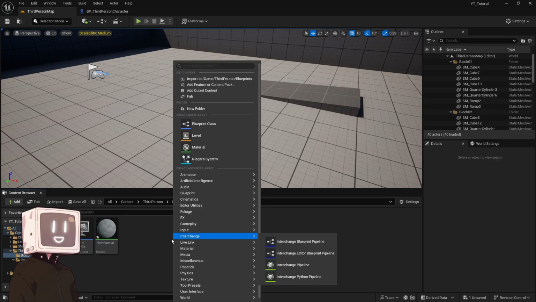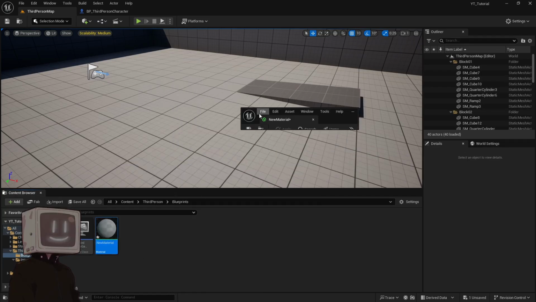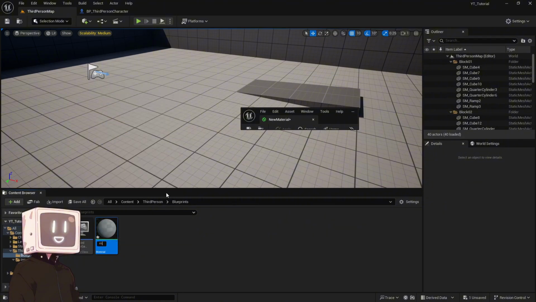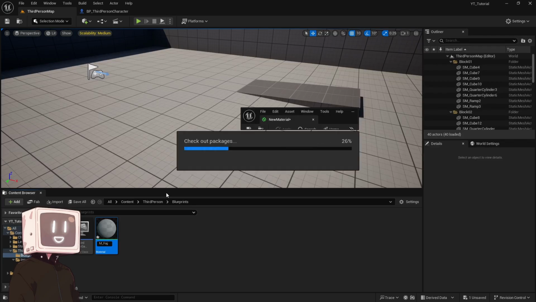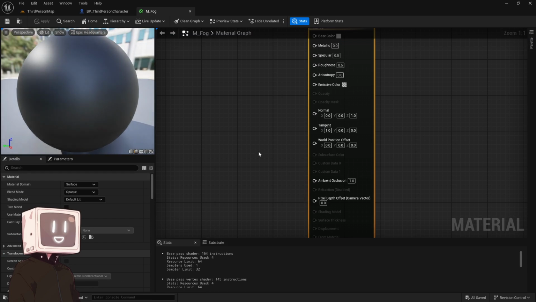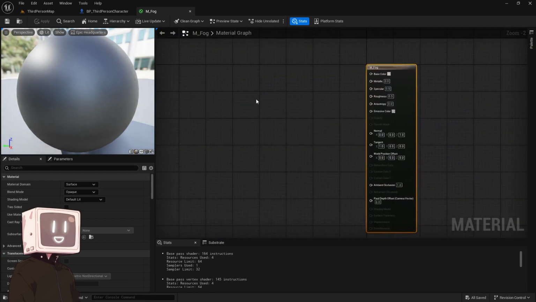So, firstly you want to right click in the content browser and open the material. We can rename this to wet underscore fog, like that. Open that material up, and first what we want to do is change the blend mode to additive,